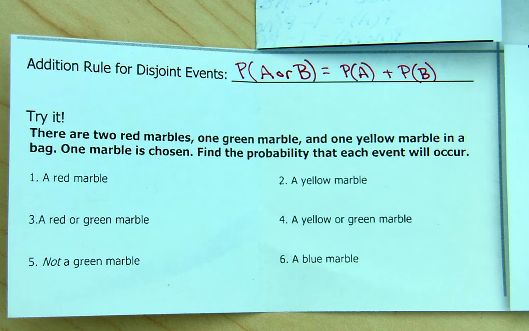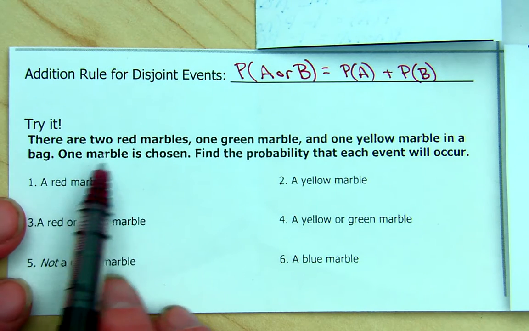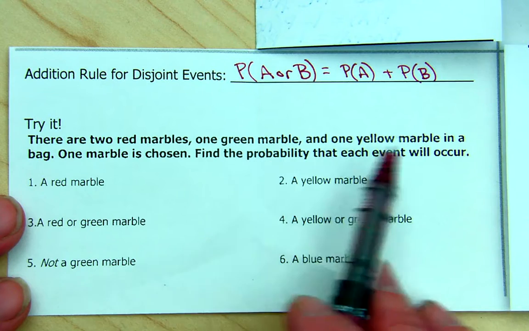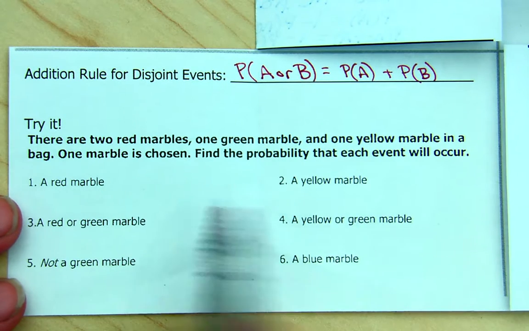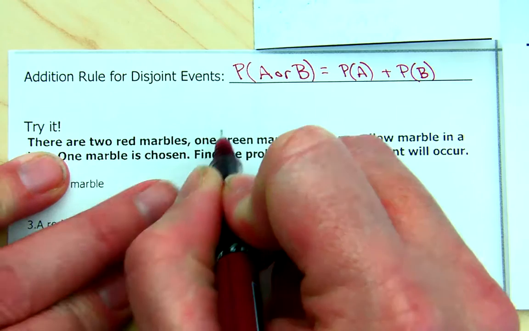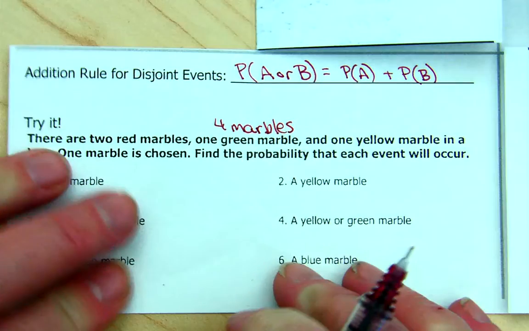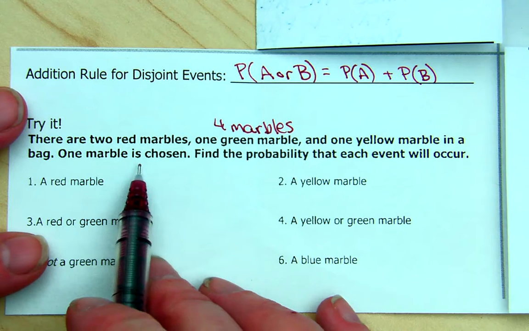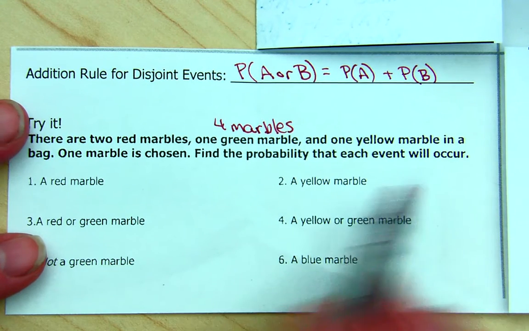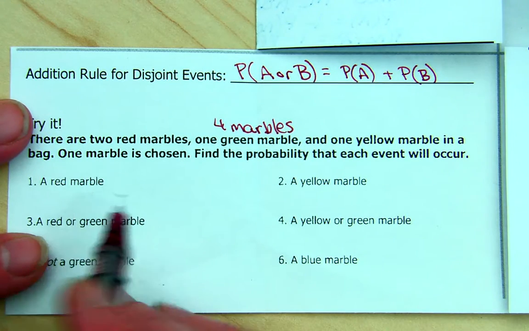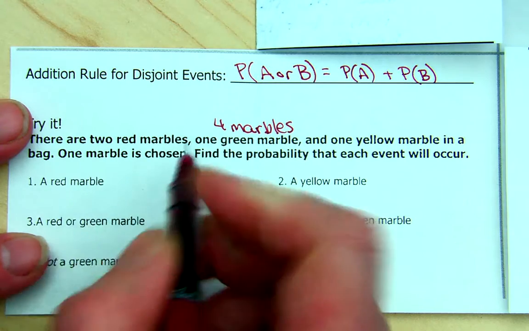So here we're looking at 2 red marbles, 1 green marble, 1 yellow marble in a bag. So how many marbles altogether? 4 marbles. One marble is chosen. Find the probability that each event will occur. So we want a red. So here we see 2 red out of the 4,